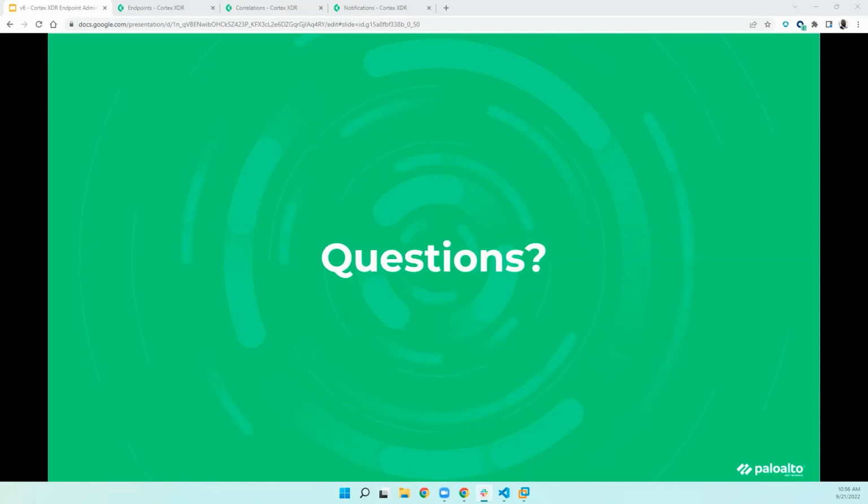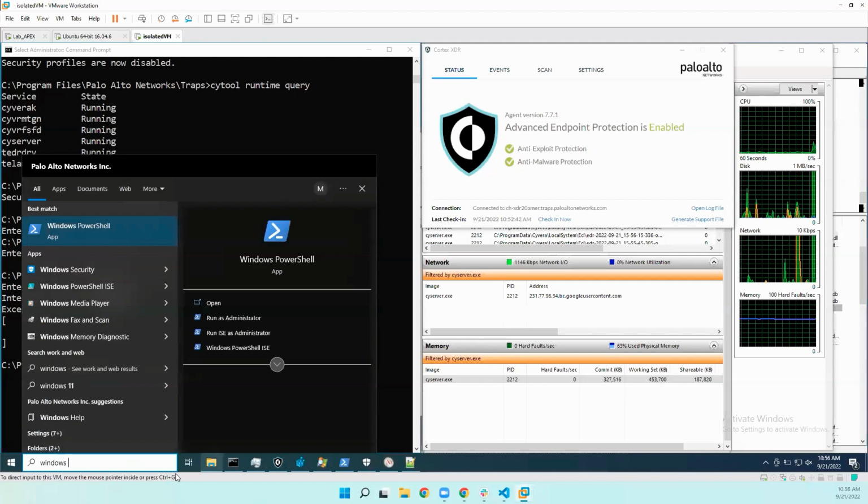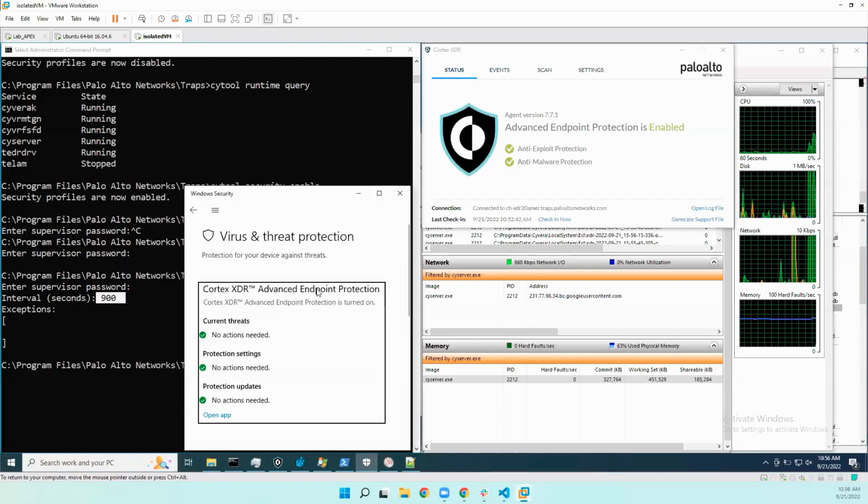So again, automatically, when you install the XDR agent on workstations, by default, XDR agent becomes the endpoint protection, so when you go to Windows Security, you will see XDR as the endpoint protection. For the servers, you have to force Defender back to passive mode. So that is the question about Windows Defender services, basically. And